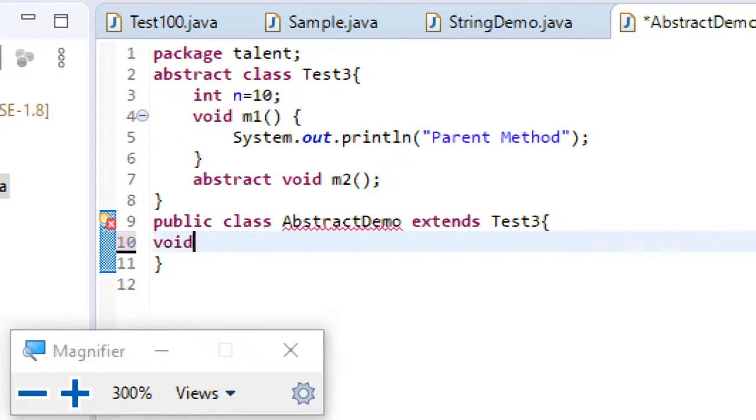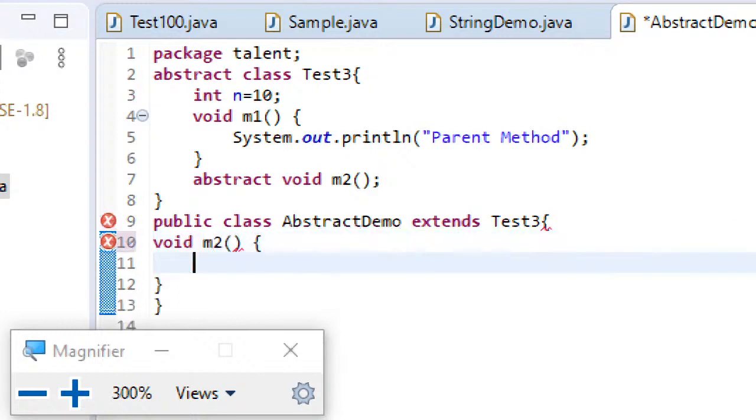I can't create an object for the parent anyway since it is abstract, so the only possibility is to create an object for the child. So if you want to create an object for the child, then you should declare the child to be a normal class other than abstract, which is possible only by providing implementation.